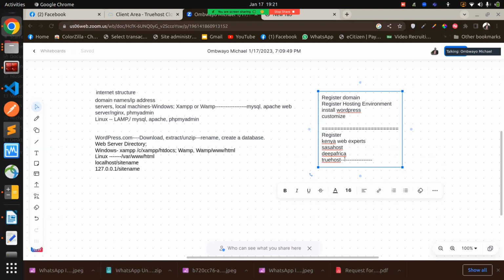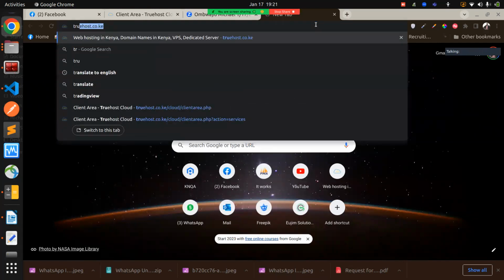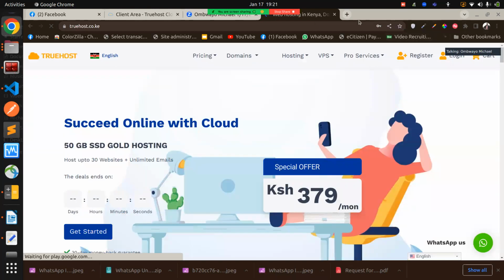For two reasons. One, they have the most affordable prices. And also when it comes to reliability, they are a bit more reliable. So to register a domain, you go to your browser, and on your browser you type the particular company you want to register with. So if you want to register with Kenya Web Experts,